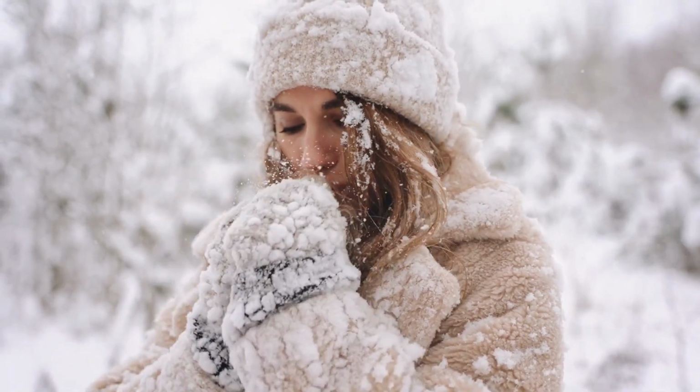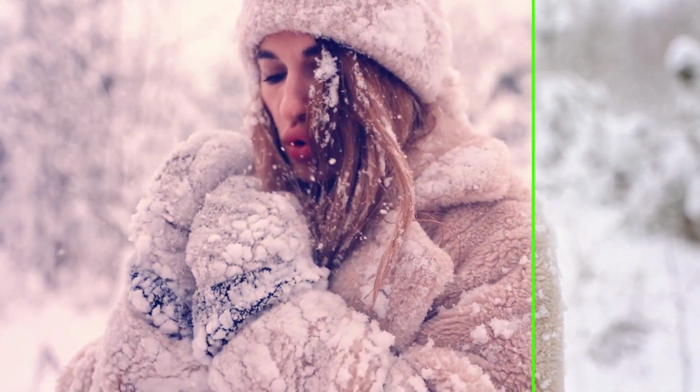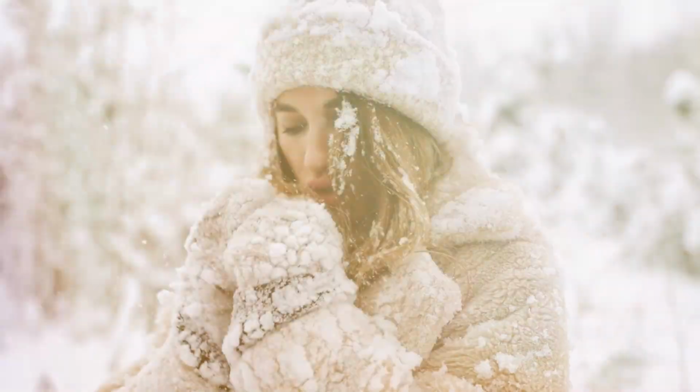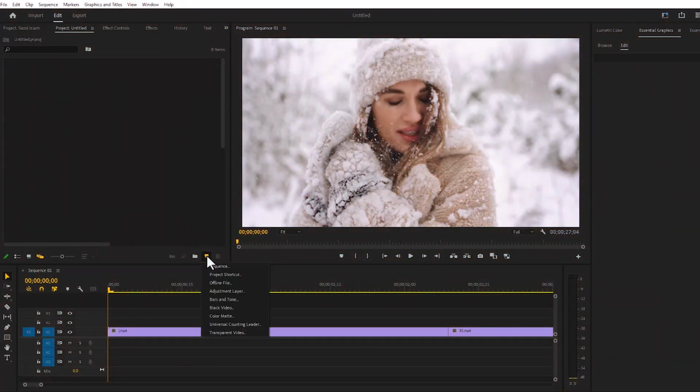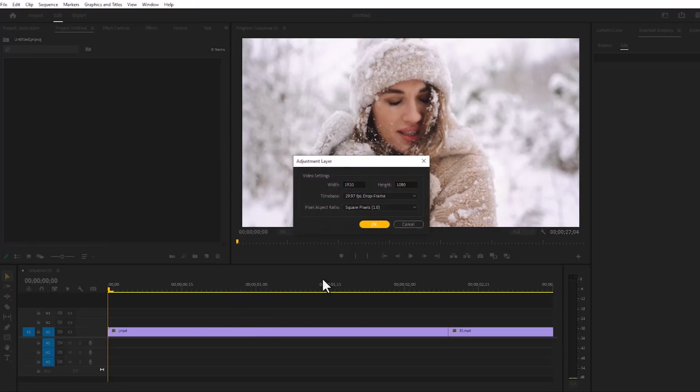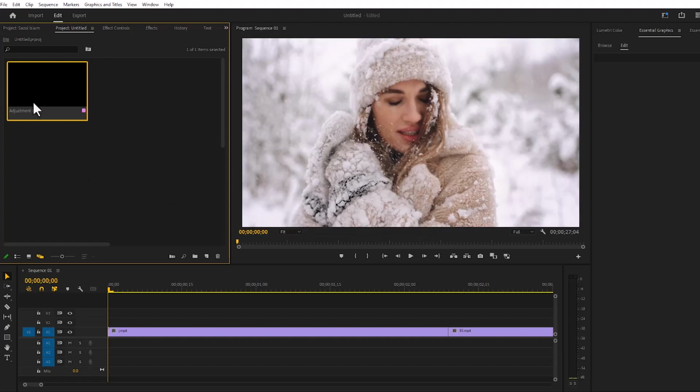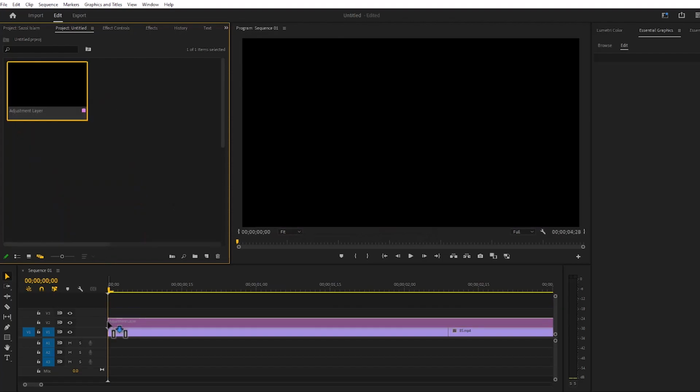Today I will learn 3 adjustment layer tips like color grading videos, group videos and transition effect. First I will create an adjustment layer. Adjustment layer means empty layer. Here you can create any effects to the adjustment layer